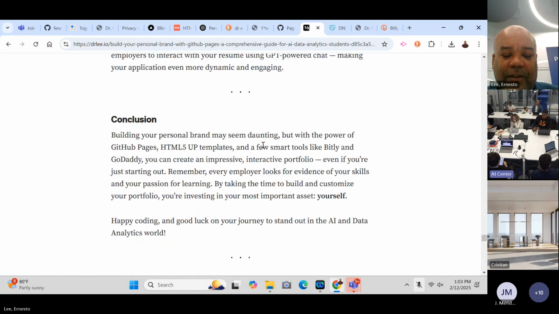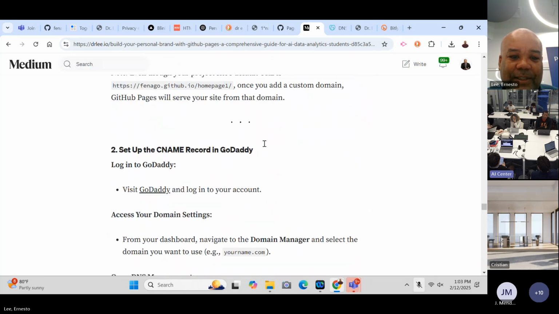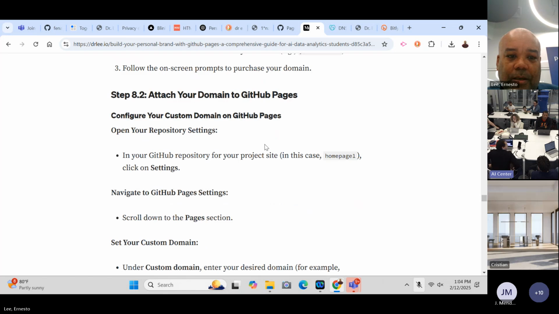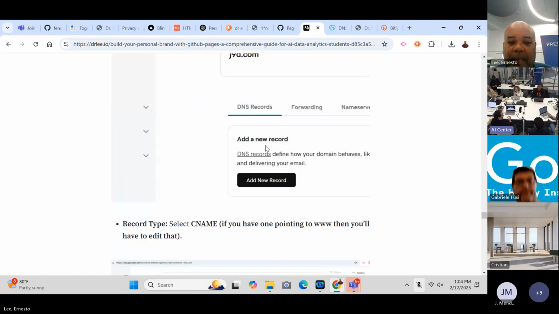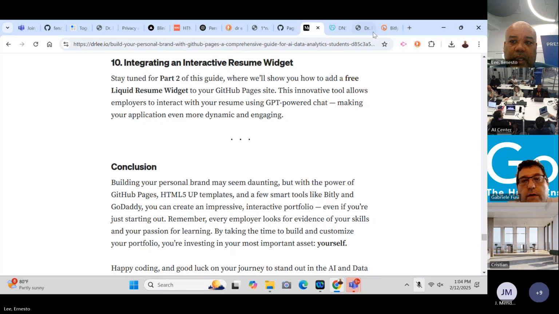Man, we could go on forever, but I'm going to stop. We did the DNS, we did bit.ly, the QR code, you attach your domain. The last thing I'll say is, if you go to